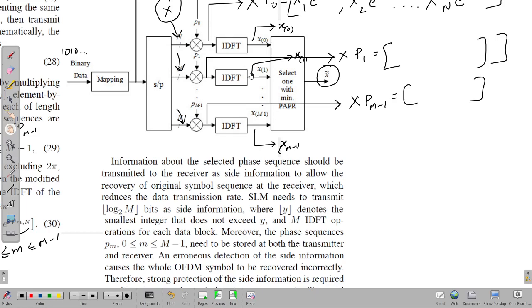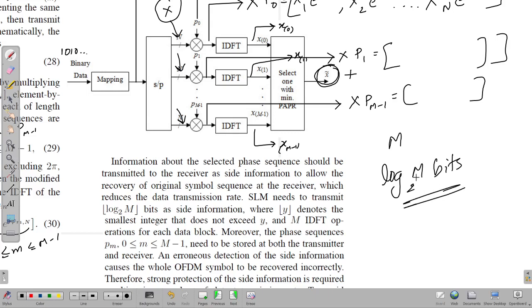So that information also has to be sent along with the transmitted symbol x tilde. Along with x tilde, you need to transmit which phase sequence got multiplied with x. And you have m phase sequences, so you need log m to the base 2 bits